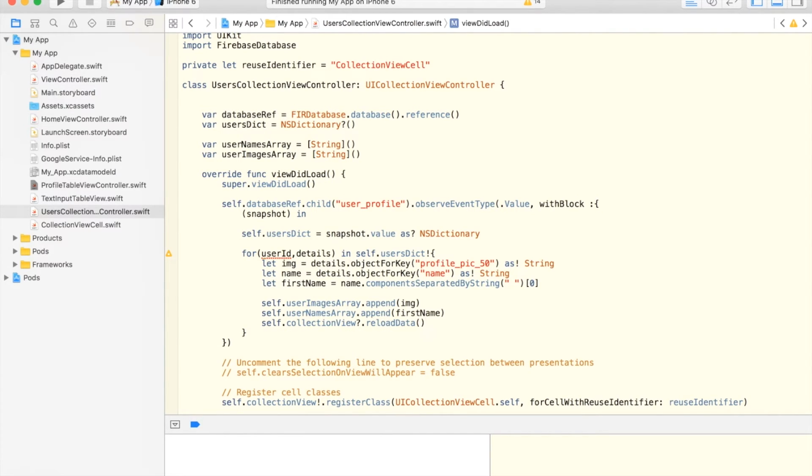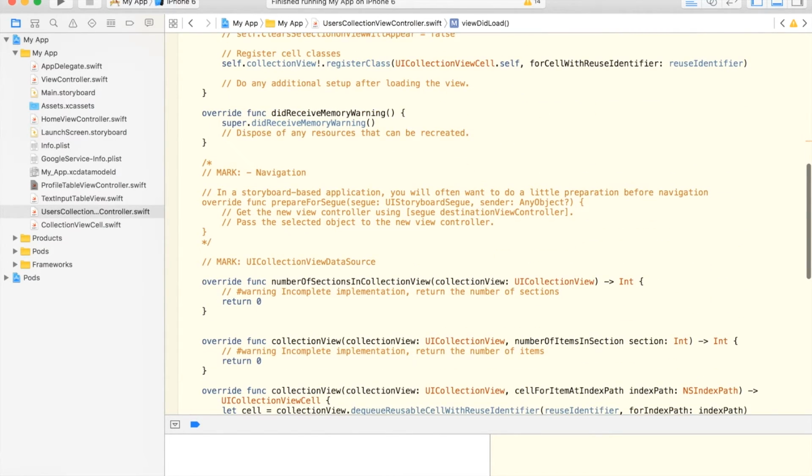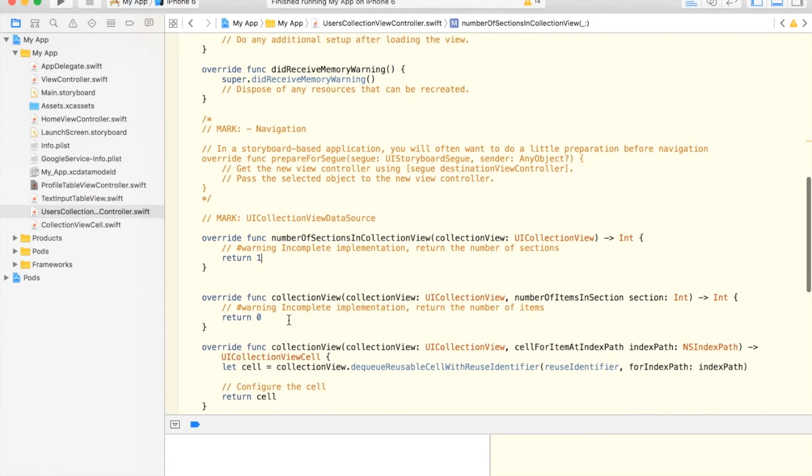Now we've got the data, we've stored into arrays. Now let's configure the collection view itself. Number of sections in collection view, we're going to give the number of sections as 1. Number of items in collection view is going to be basically, we could either do a count of the number of images or the number of users in the array. So let's just do self.user images array dot count,